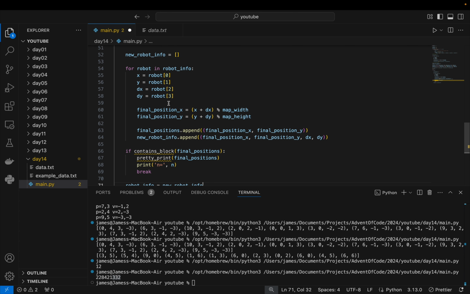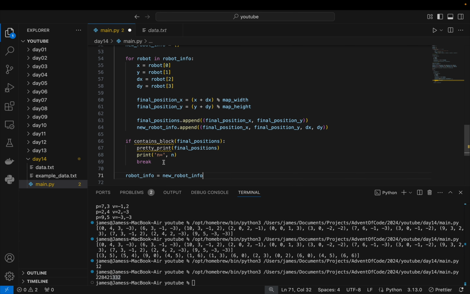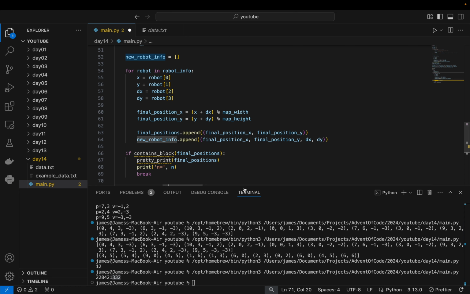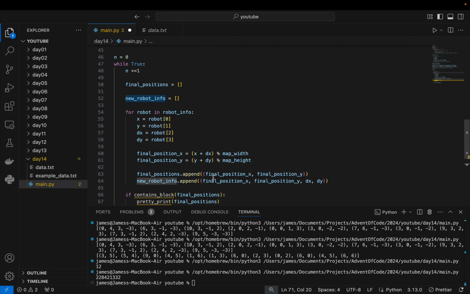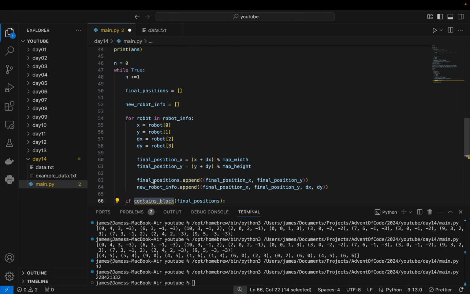So it's going to go through once, calculate all of these. If it contains this block, break, and we're done. If not, then what we've just calculated we'll put back into it, and it'll just go over and over and over. Okay, great. And then we just have 2 functions to make. So the first one is going to be